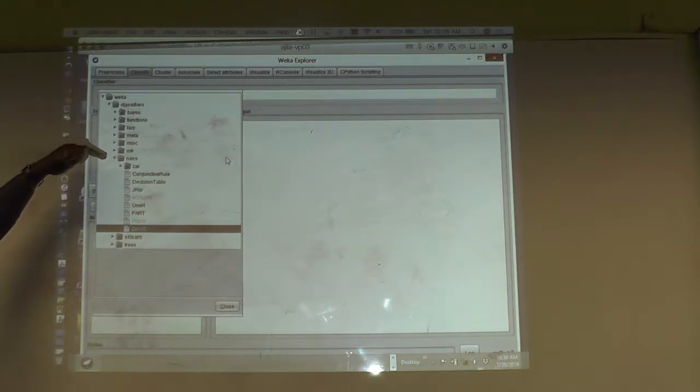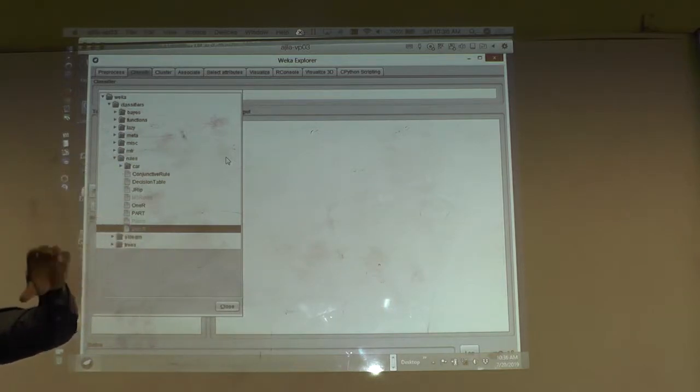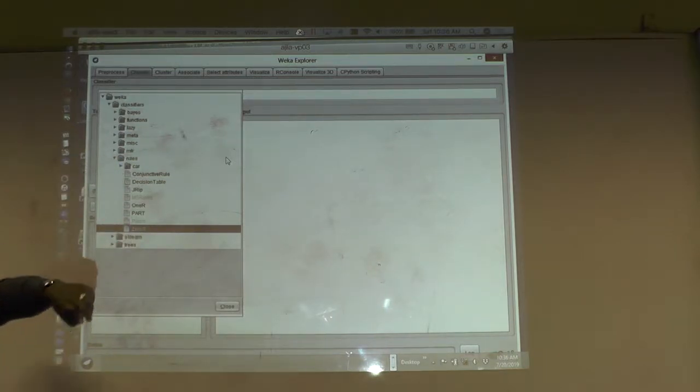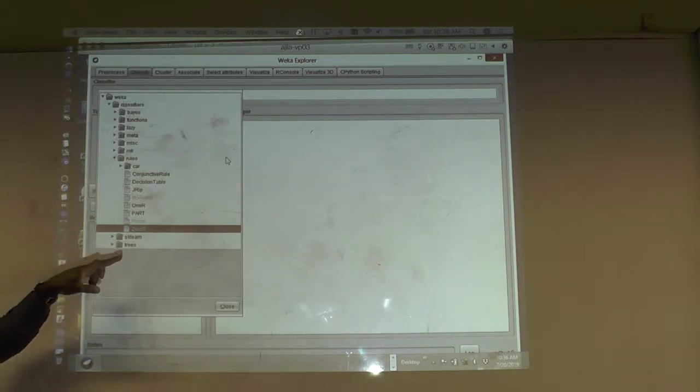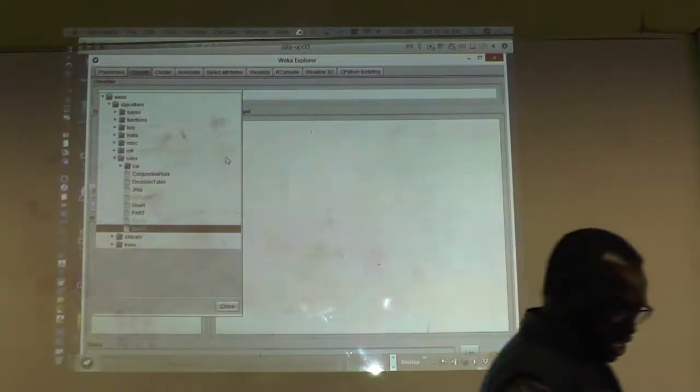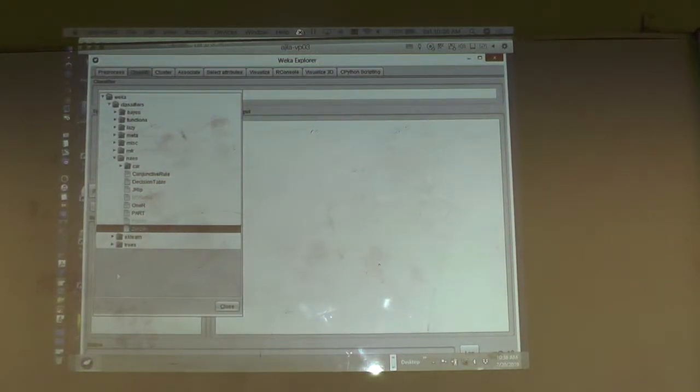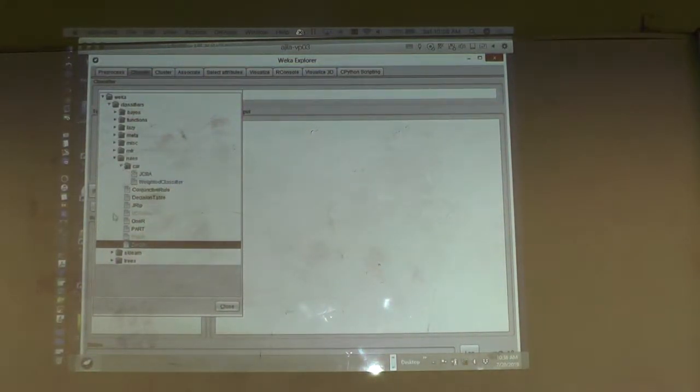All algorithms dealing with rules, like OneR, are in rules. All algorithms dealing with trees, like random forest, etc., are in trees. So let's look at something before we do computation. Click open